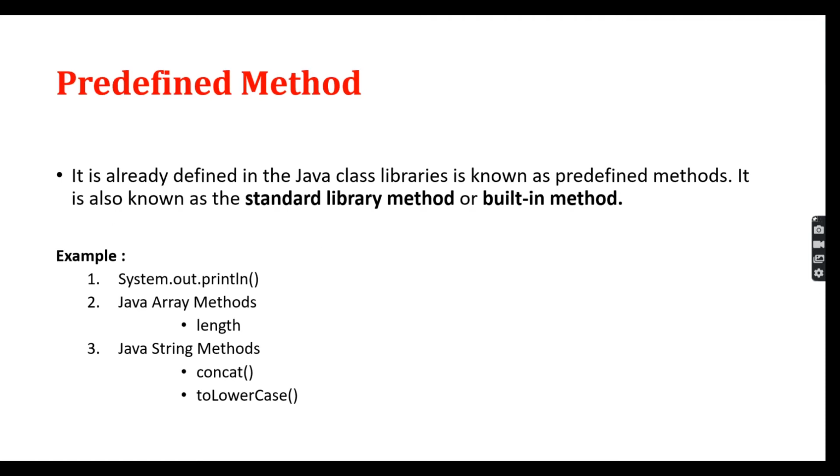What is a predefined method? What is a user defined method? A predefined method means those methods are already available in Java. For example, System.out.println is one method. Here you can notice one thing: the words that end with open bracket, close bracket are called methods. These are methods already available in the Java library. And we have the main method too, public static void main. This is one predefined method.